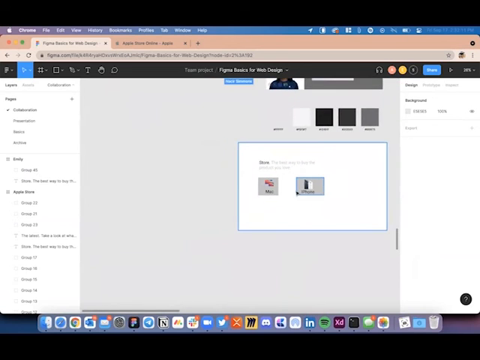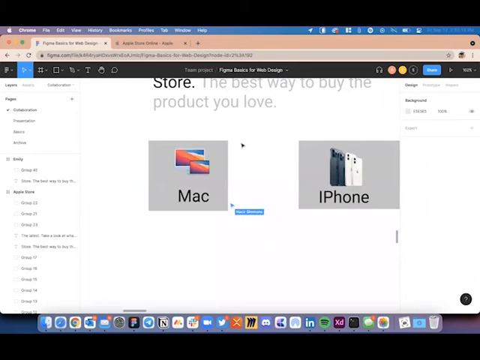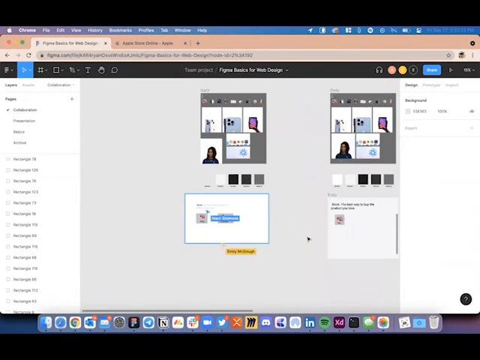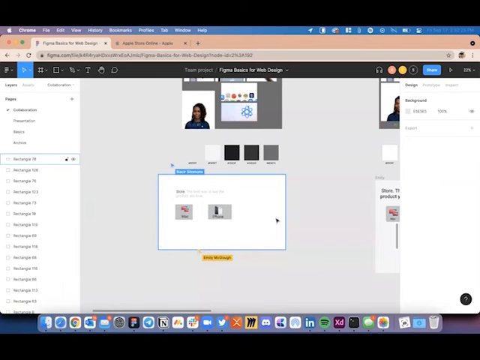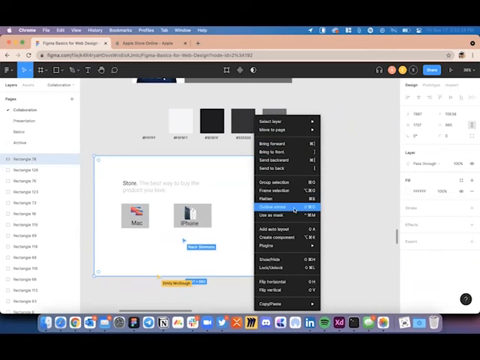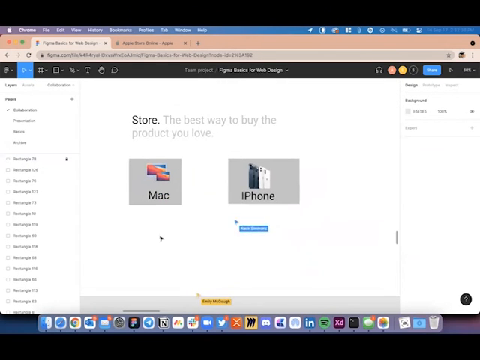Perfect. Nazir, were you able to do the same? I think what's going wrong with Nazir is that he is doing it on a rectangle and not a frame. So what I'm going to do, Nazir, is lock your rectangle behind so that every time you're moving something, the rectangle does not move as well. Now I think you will be able to select this like this, and then you can go ahead and group it. That is what was going wrong with Nazir's frame.